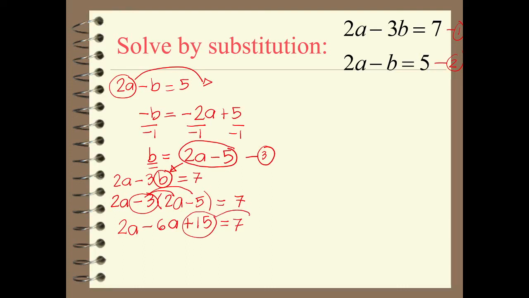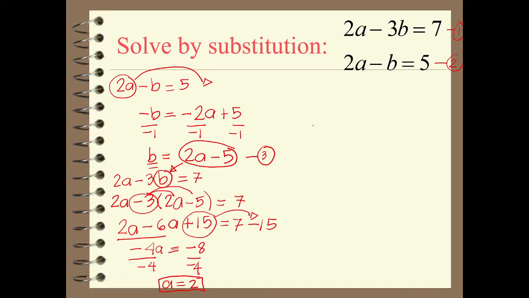Transpose this to the other side, minus 15. So this is, what's 2a minus 6a? Negative 4. Negative 4a. What about 7 minus 15? Negative 8. Dividing both sides by negative 4, what is a? Positive 2. Okay? Now,